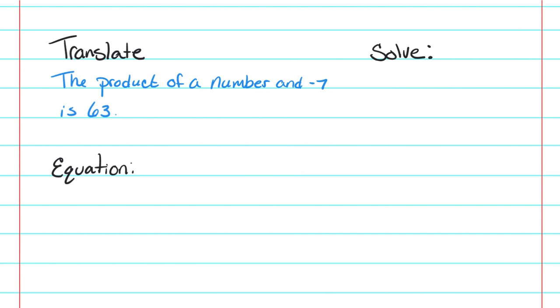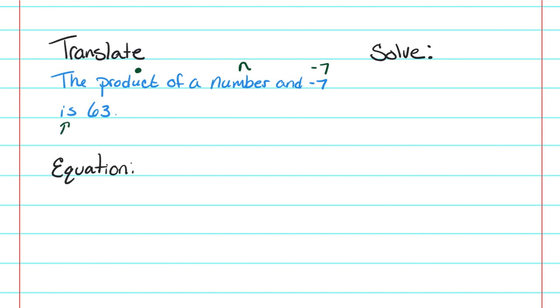To translate that, we need to look at the word problem and turn that into an equation, okay? We want a math sentence with numbers and letters. So we have the product. Product tells us we're probably going to have multiplication, right? Of a number, we don't know what that is, but we're going to call that n for right now. So the multiplication between a number and -7, I have -7,